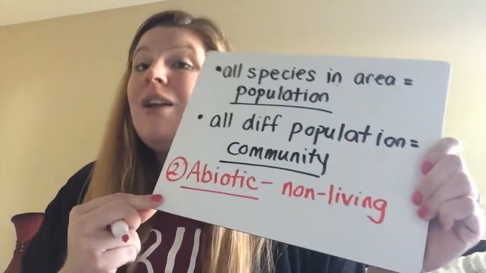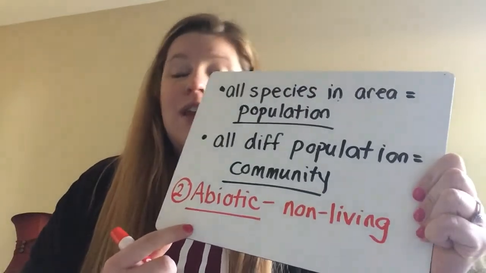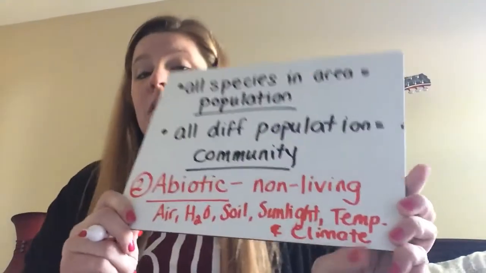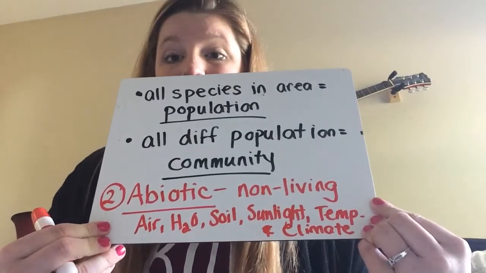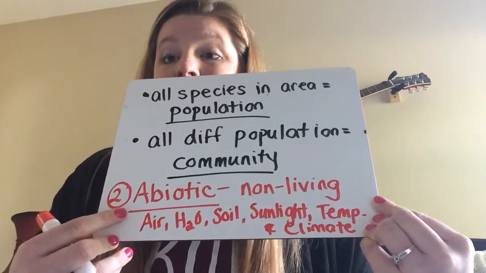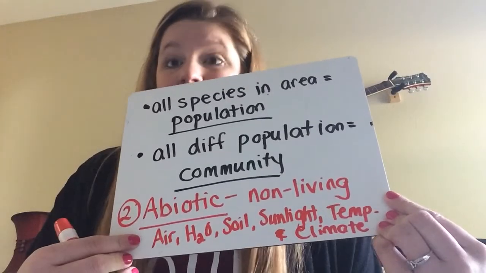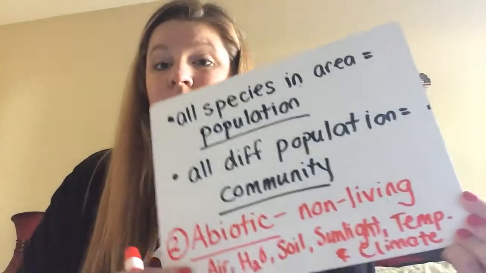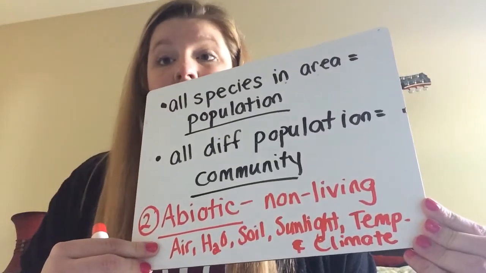Okay, so in every ecosystem, we have living things, we have non-living things. And what qualifies for this? Here's your usual ones. Air, water, soil, so dirt, sunlight, it's all stuff that's not living, temperature, and climate. All stuff that can affect the ecosystem, but it's part of the ecosystem, part of the biosphere. So this is all abiotic stuff, abiotic, non-living, that is part of every ecosystem in some way or fashion. Okay? Even soil can be broken down and considered sand.